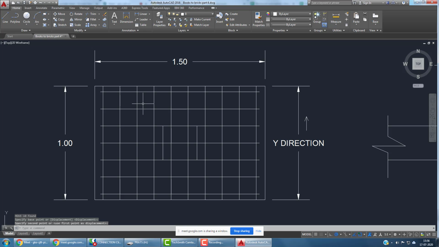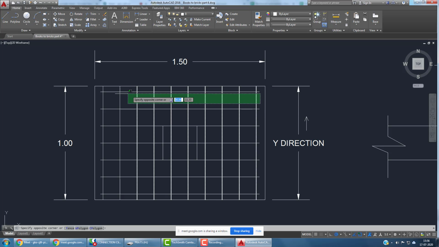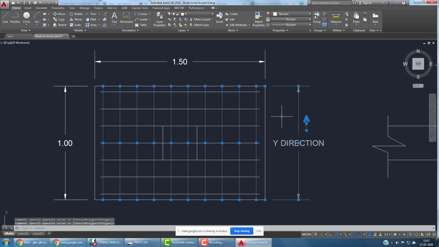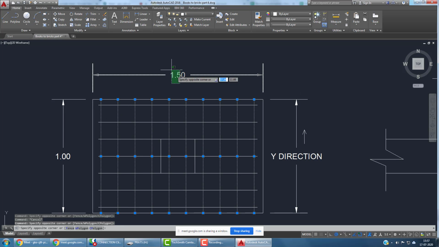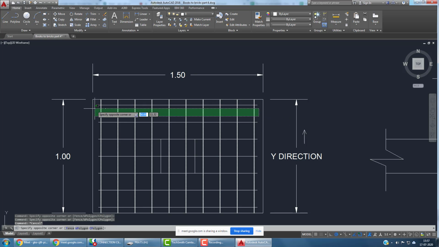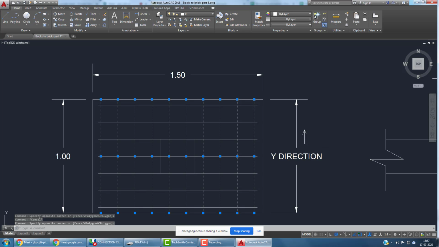That is why I told you the spacing can be anywhere between 50 to 75. Is it clear guys? How I have drawn this? Anybody wants me to explain this again? I will explain again. This is important. In the second case, while deciding the number of bars along y direction, it is my dimension in x direction which decided. Clear? So now we will go back to the presentation, we will understand better.